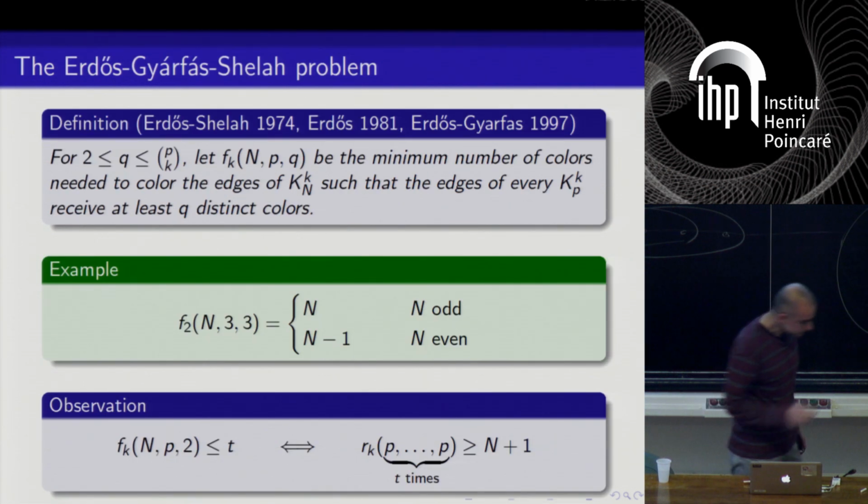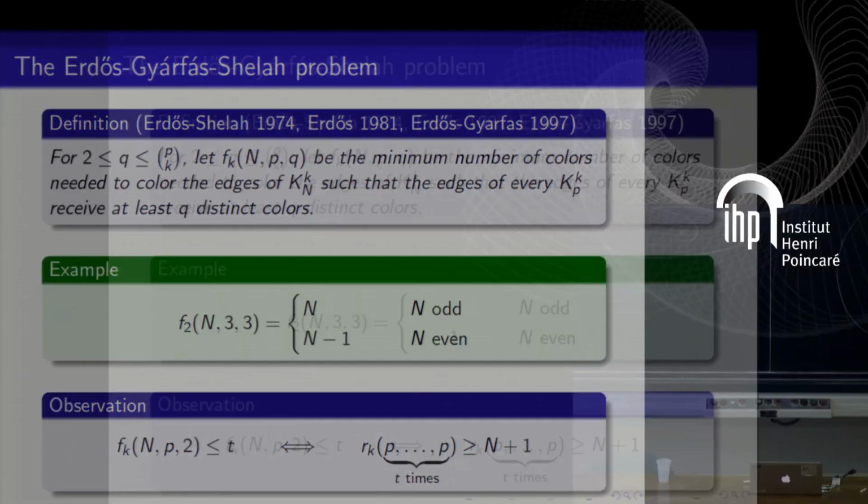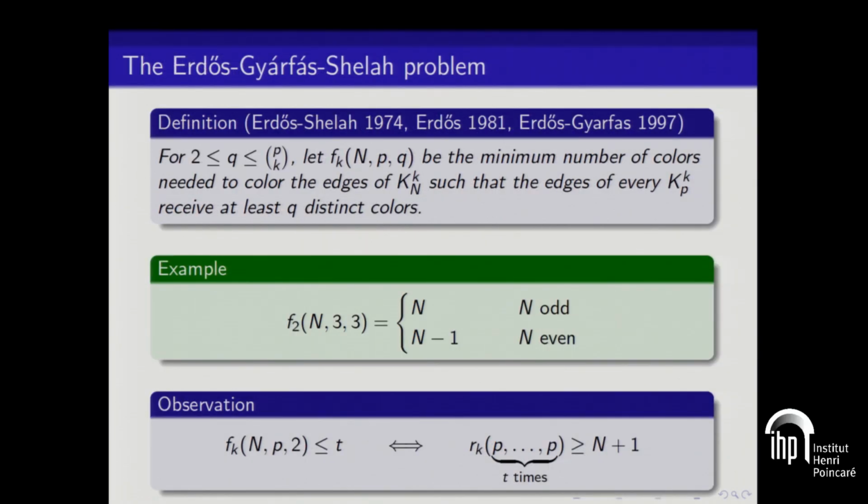Something open there. Okay, the third problem I want to talk about is, again, a problem that goes back to the 70s, a problem of Erdos and Shelah, and then it was investigated subsequently by Erdos and Gyárfás in the 80s and 90s. So this is related to multicolor Ramsey numbers, and that's why I put up a slide about multicolor numbers early on. So here what you're interested in is coloring the k element sets of a capital N set in such a way that locally you have lots of colors and globally you have few colors.